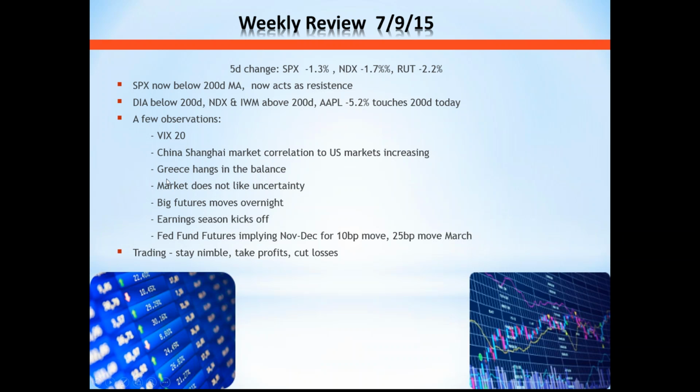So what else? Greece hangs in the balance. I feel much more confident than I've been in the last 3 or 4 weeks, but again, this is just my feeling, that we're very close to a deal. I think finally Merkel, so Germany, France, I think they finally put their foot down and said, hey, we're going to have a meeting this weekend with all of the countries that are in the Eurozone,